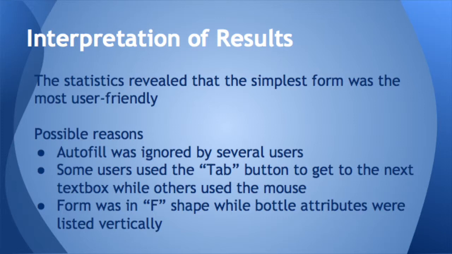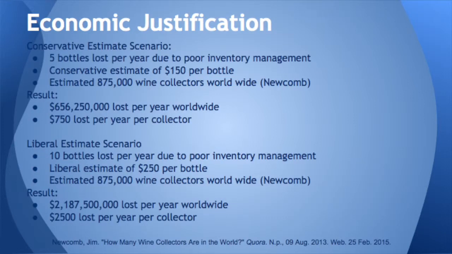These factors could have contributed to the high standard deviation that was seen in the F layout forms, and also this could reflect the lower layout rating that the F shape received. It's possible that if the users were told beforehand that they could use Tab and autocomplete, the results would have been different. And now, to finish off the presentation, I'll take you through an economic justification from the perspective of